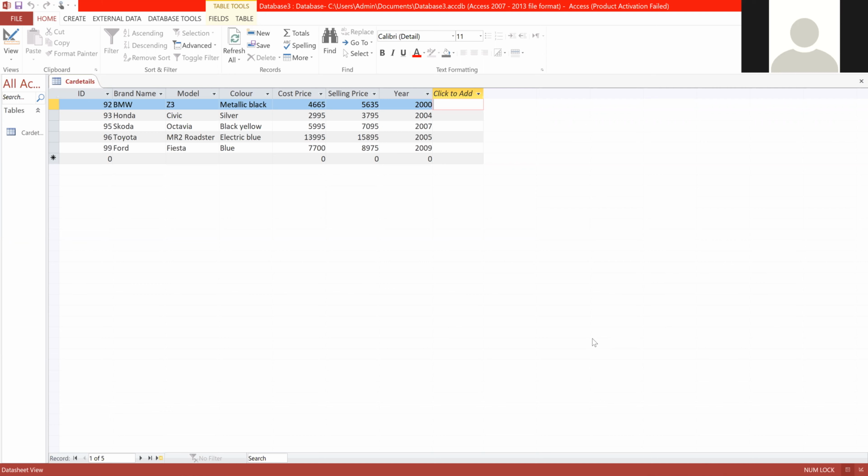Queries can be used to search for data from more than one field. Means we can use queries not only on one field, it is not limited to one field. We can go for queries on more than one field also. So what are the operators used in queries? The database can be searched using comparison operators, as I told you, and also look for greater than, less than, before, or equal to. And these three operators can be used, like greater than, less than, equal to, comparison operators. All these you can search in the database using queries.